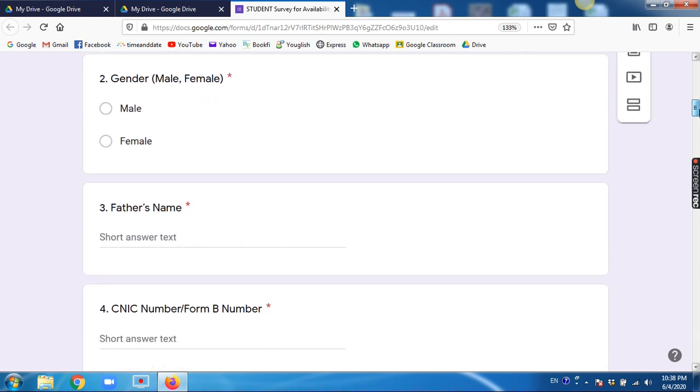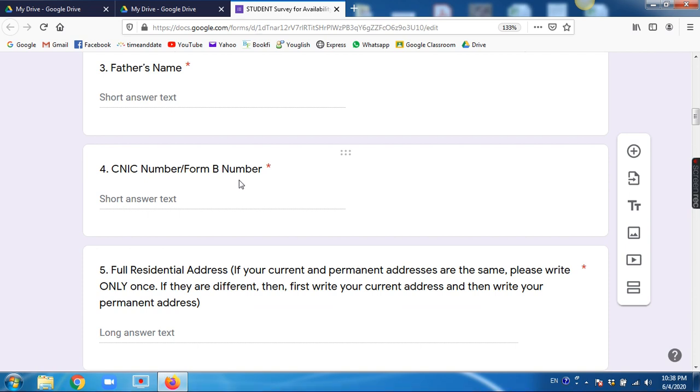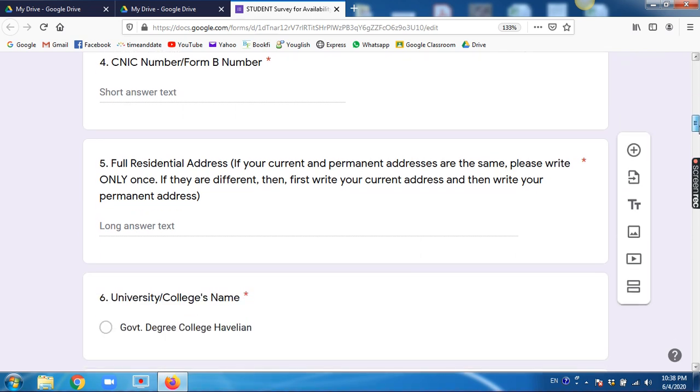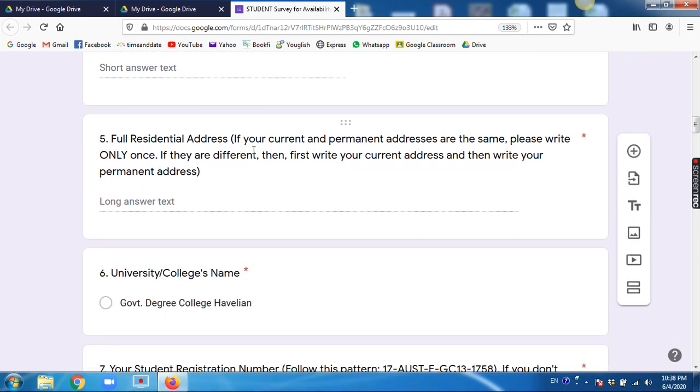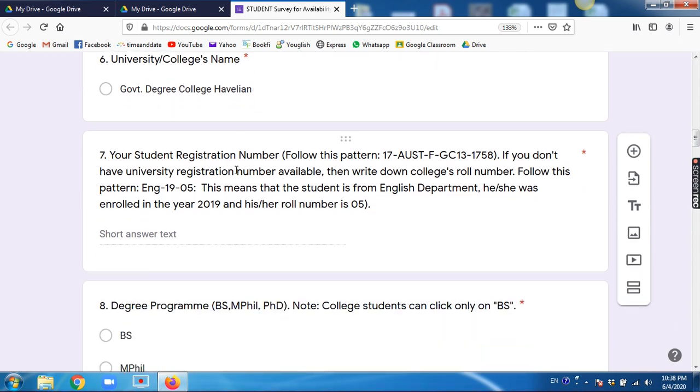Okay, and gender, father's name, Form B or computerized national identification card number, then full residential address. This is a long answer text. They were supposed to write here university and college, so only one college is mentioned. Then your student registration number or full number, etc.